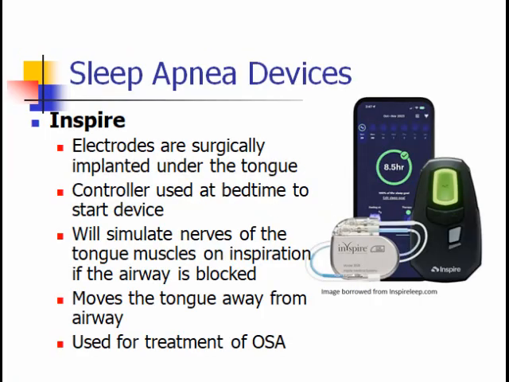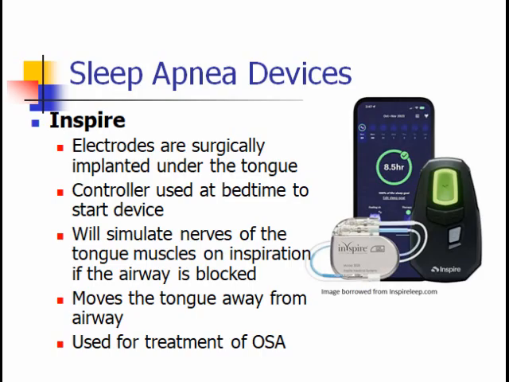Sleep apnea device, which is not CPAP, and what I'm talking about is the Inspire. This is a power pack and electrodes, which must be surgically implanted. The electrodes go under the tongue. I'm not sure exactly where the power pack is placed in the body, but then a controller is used to trigger that power